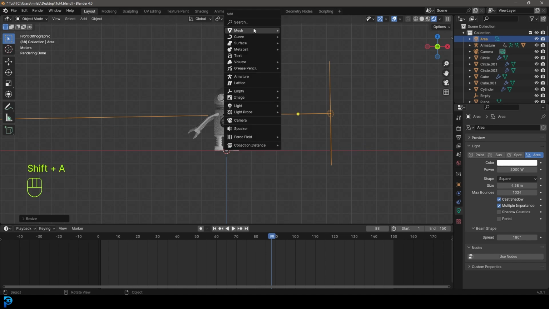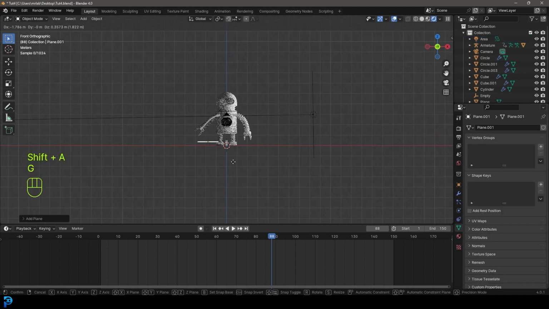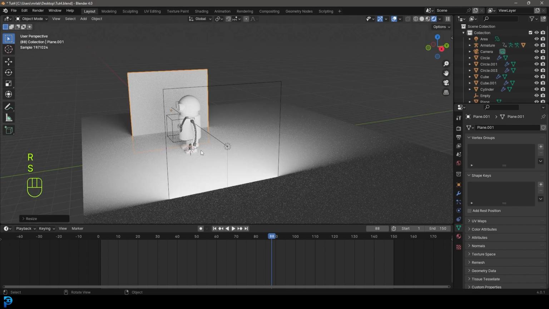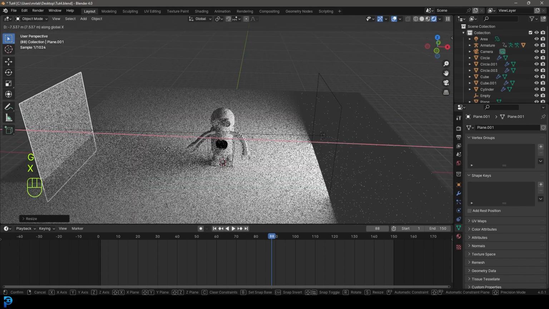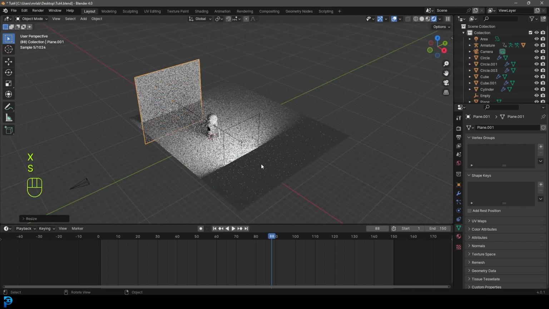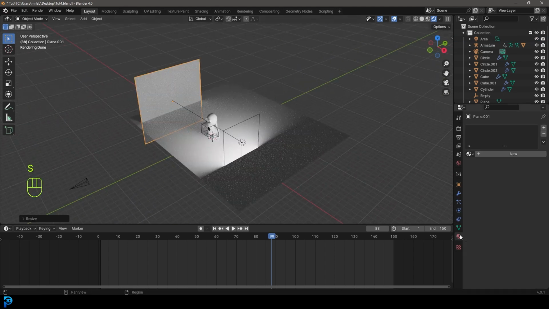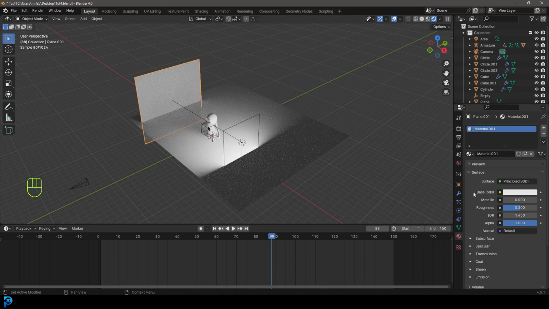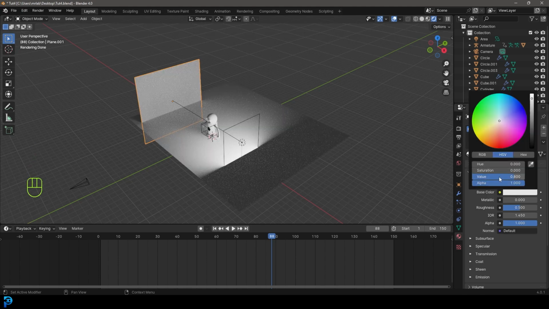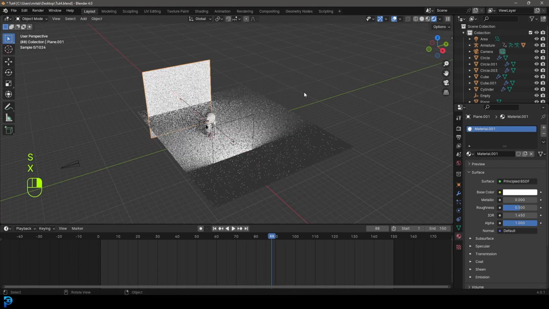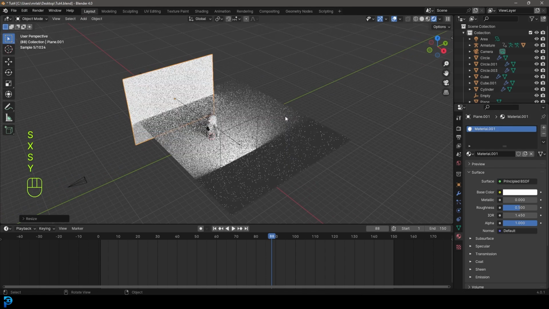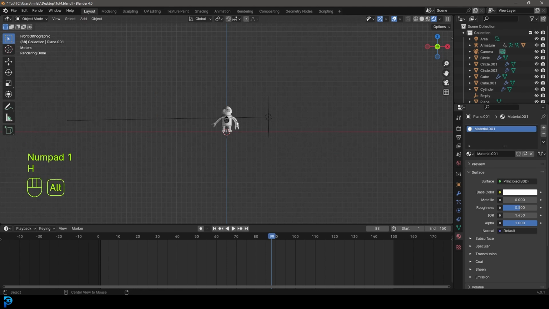And what I'm going to do, I'm going to go Shift A, just add in a plane, and go G, move that over, rotate it, and just kind of scale it. And this plane is going to sit right over here. It's going to be nice and big. And with this one, we're just going to go to our materials, give it a new material, and go to the base color, and under the value, we're going to type in 8. That's going to make that really reflective. Okay, so just a nice big reflective plane off to the side here,